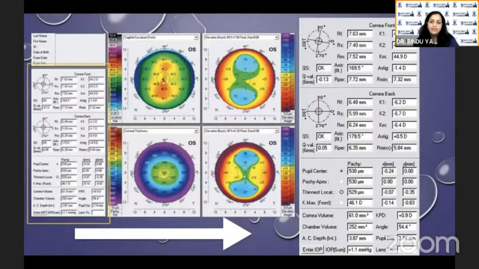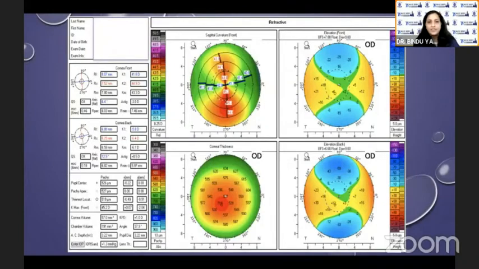So, the next important thing that we can see is the pupillary diameter. It can roughly give us, again, not very accurate, but it can roughly give us the idea whether these patients are good for premium IOLs or not. Once we have seen the indices out there, the next and very important map that we look at